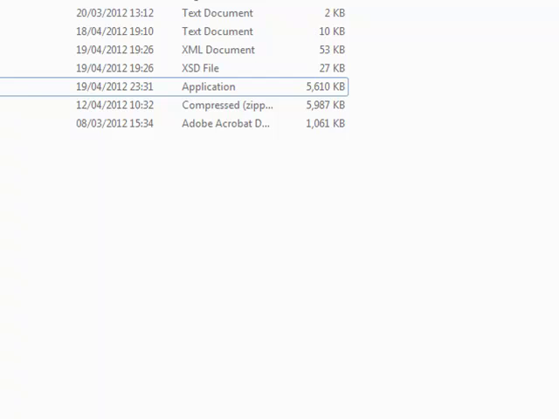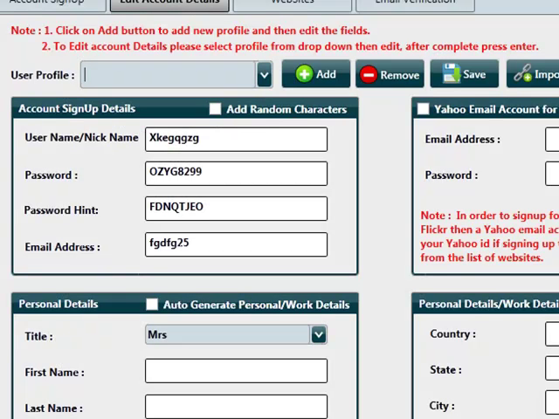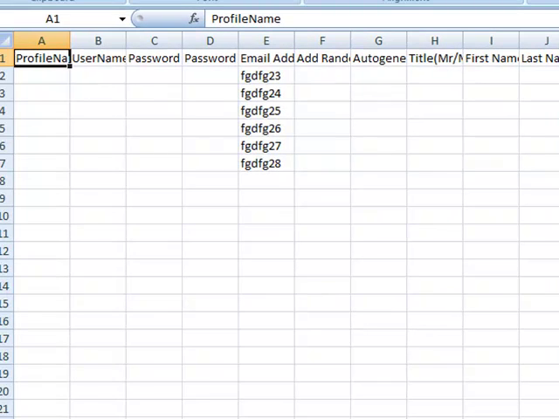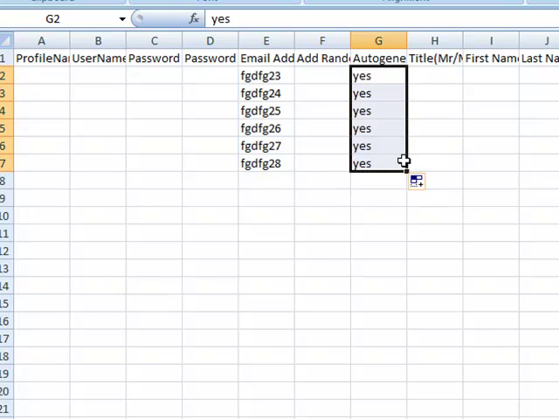So what I am going to do is show you how we can actually auto generate them details, and I'm going to bring up the CSV file again. Okay, so here's the CSV file again, guys. Now all we need to do is go to auto generate personal details, click on enter yes, drag and drop, and I'll save this over, guys. What we'll actually do here as well is name our profiles as well. I'll call this